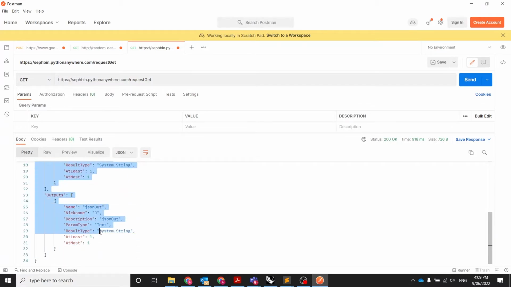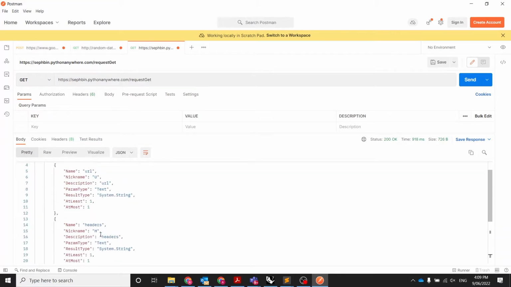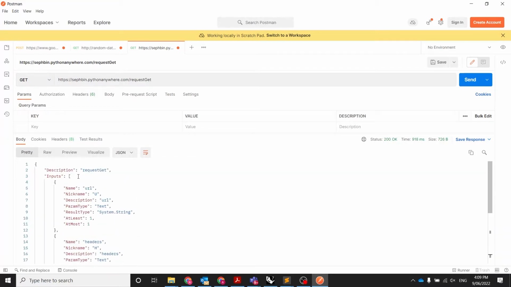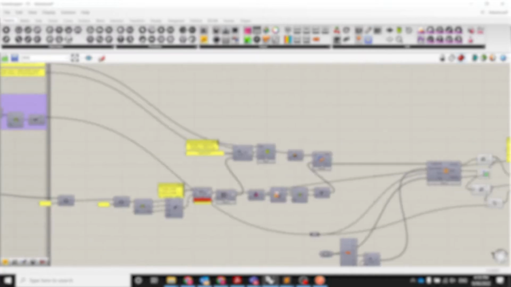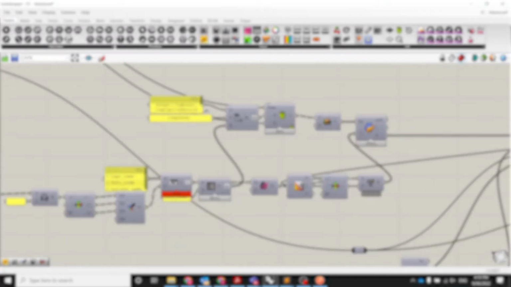It returns inputs and it returns outputs. And what this effectively is, is instructions for a Grasshopper component to morph into, setting up these types of inputs and outputs for that component. So if I jump over to Grasshopper,